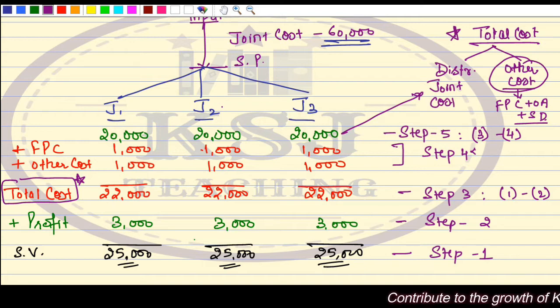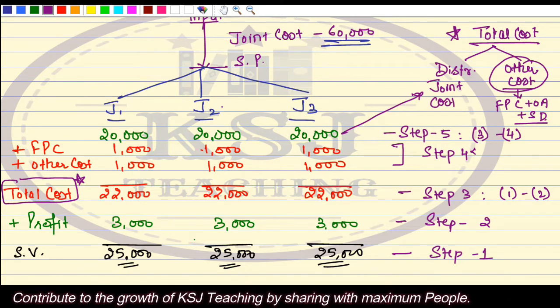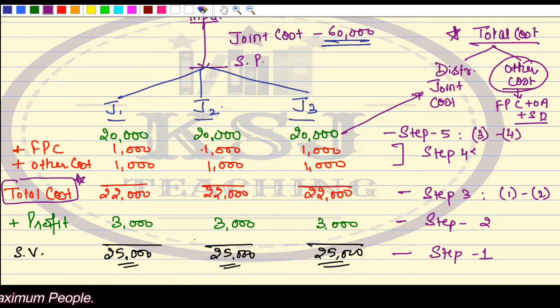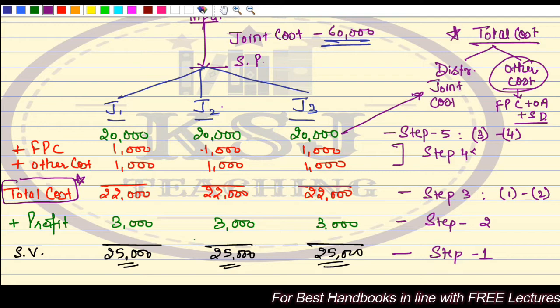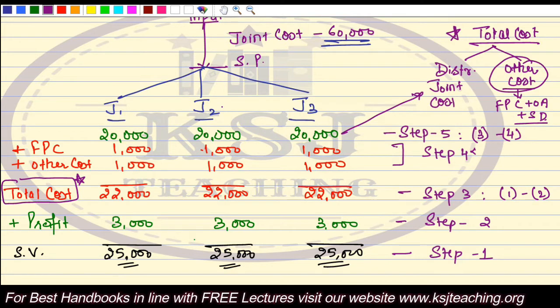Right? The proper format is given in the books, right? Where I'll take the sales value minus the desired net profit will give you estimated cost of sales. Then minus selling and distribution overheads will give you the estimated cost of production. Minus office and administration overheads will give you estimated work cost. Minus FPC will give you the proportion in which the joint cost is to be apportioned. Right?